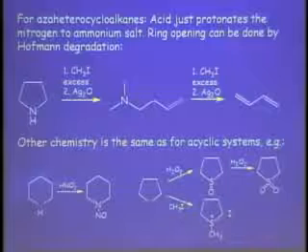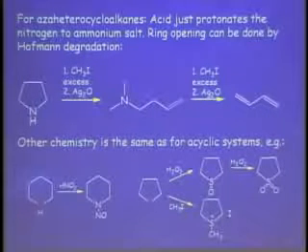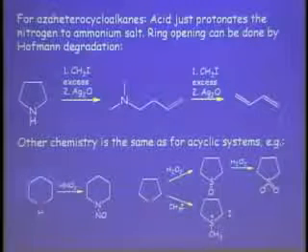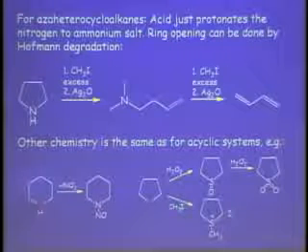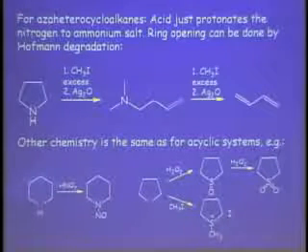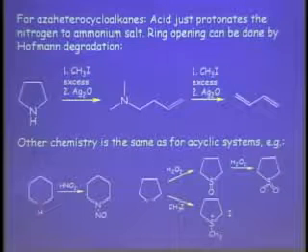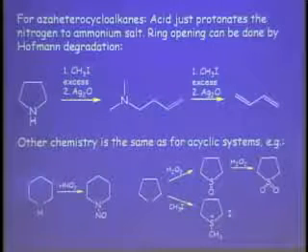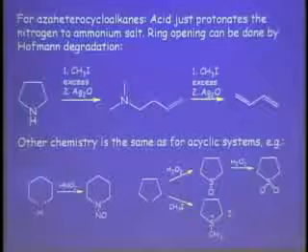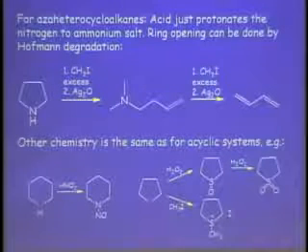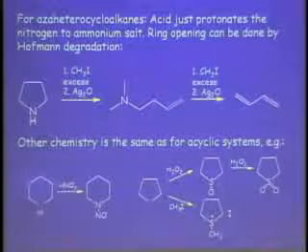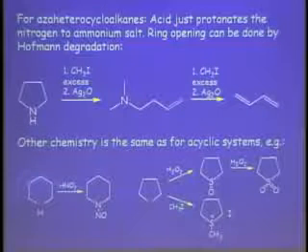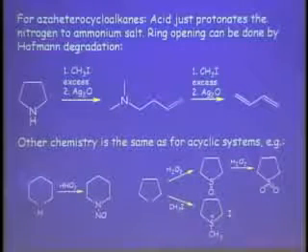Remember, silver oxide is nothing else but silver hydroxide, AgOH. It's related to sodium hydroxide and sodium oxide. Na2O, when you add water to it, makes NaOH. So this is just a reagent that's used to generate silver hydroxide. And so it's hydroxide as a strong base, and silver is particularly useful here because it complexes to the nitrogen. So it helps to pull off the leaving group as well as to supply the base that eliminates it. That's a special feature of this Hofmann degradation.